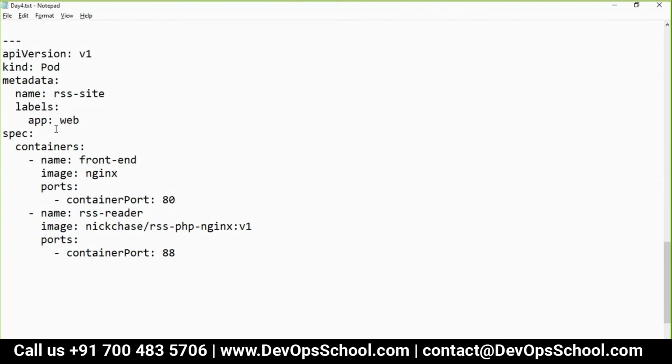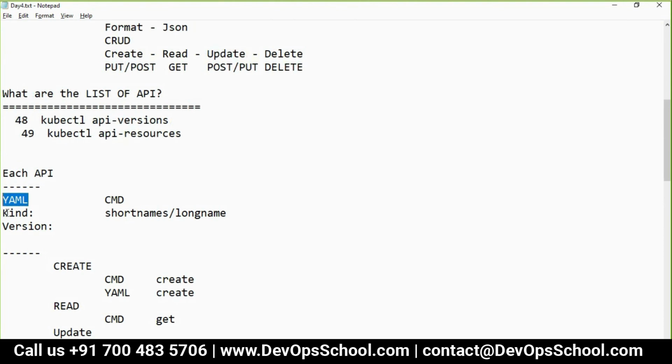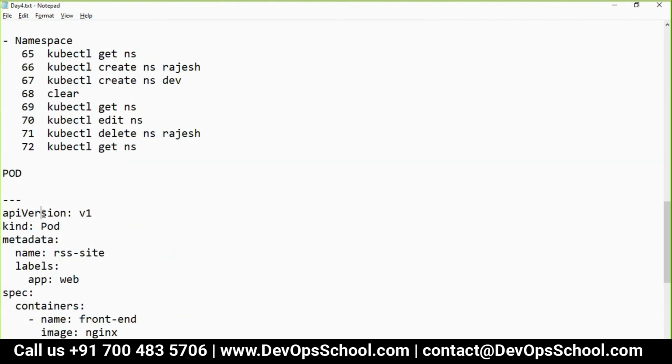Now you see here, I've been telling you, if you use YAML, you have to specify kind and version. So here you see kind and version. Pod is v1 because it's the initial release. What is the name you will give it? So let's say Varas 1.